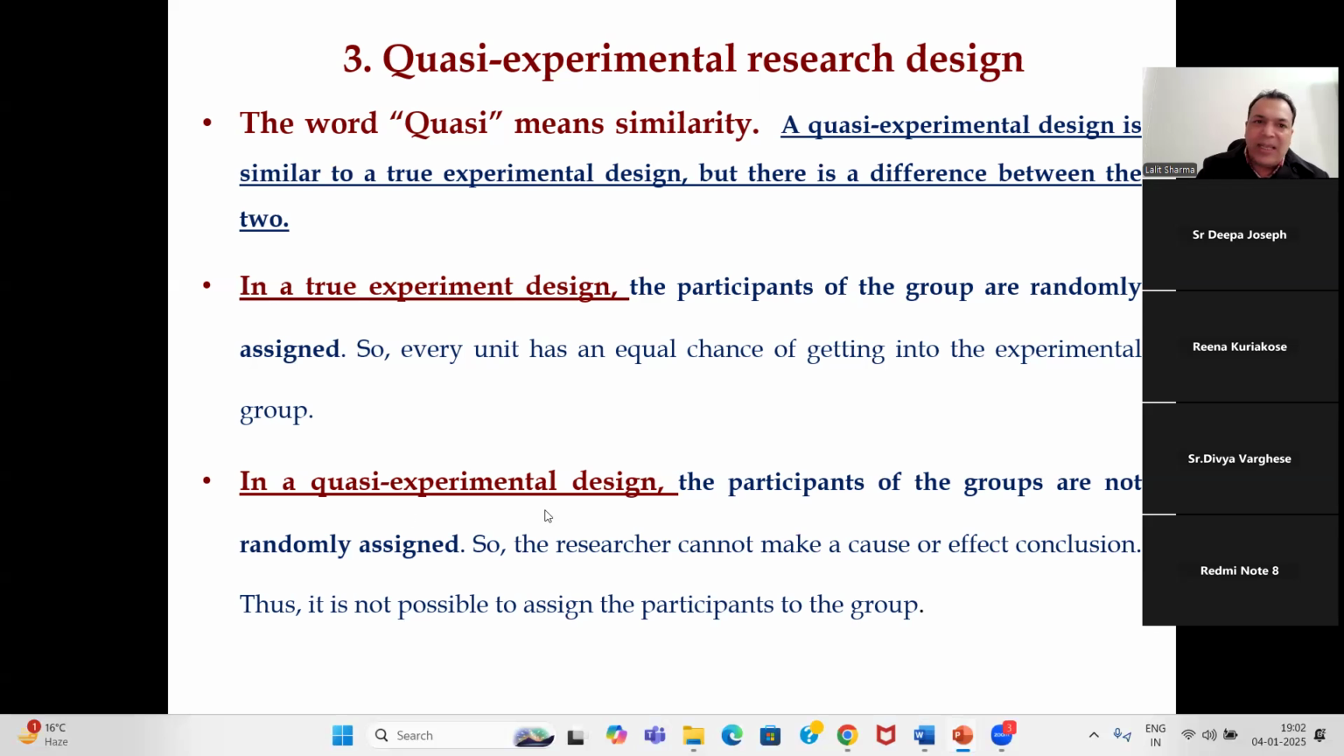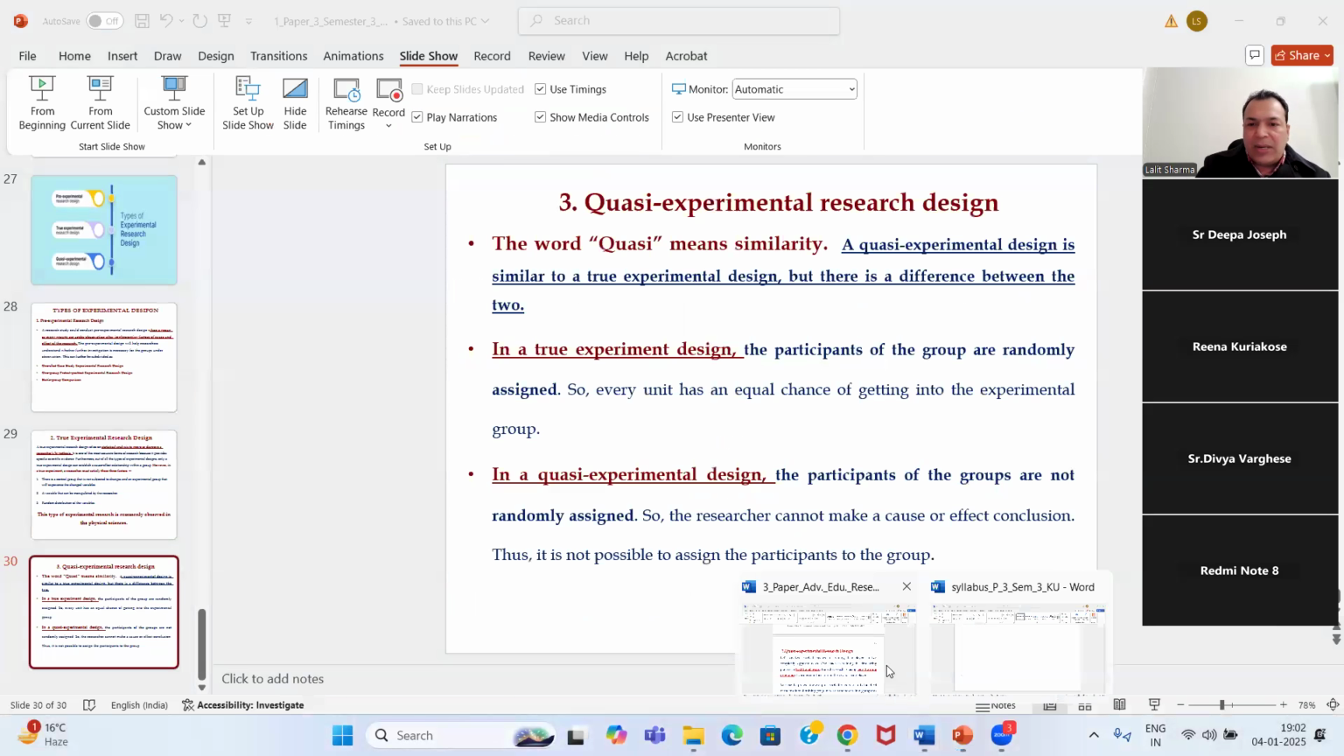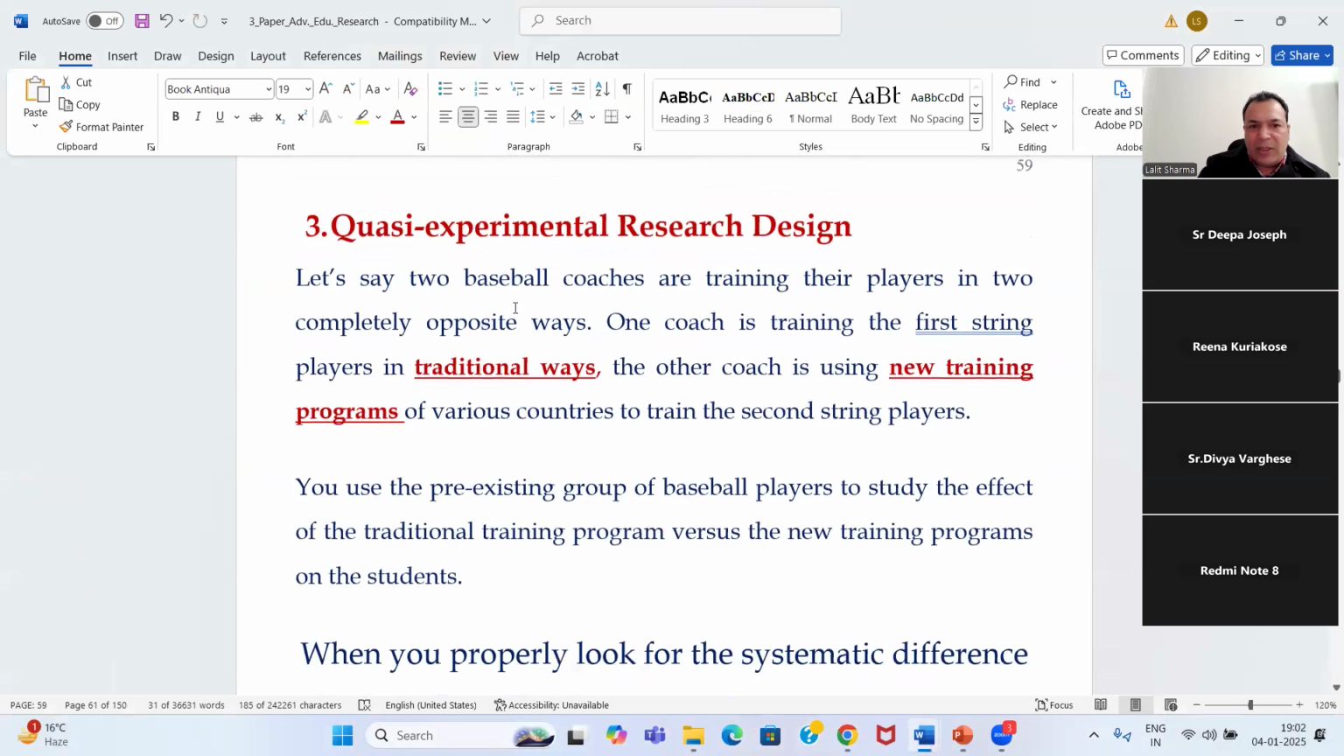बस इसमें ये होता है नॉट रैंडमली असाइंड और उसमें रैंडमली असाइंड, सो द रिसर्चर कैन नॉट मेक ए कॉज और इफेक्ट कंक्लूजन, राइट। अब ये देखो गाइस, क्वेश्चन की भी एग्जांपल्स मैंने दी हुई है यहां पर, ओके।